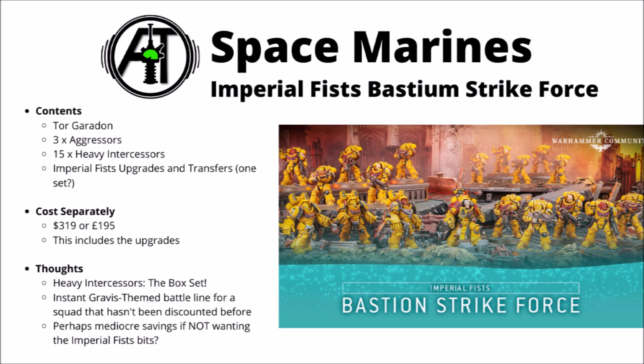Though I must admit, I do feel that this one might be somewhat let down by being so themed to one chapter. Obviously, it's absolutely great for Imperial Fist players. If you like Imperial Fist and you like Gravis armor, then this is pretty amazing. Though admittedly, if you like both of those things, you might already have Mr. Garadon already. I feel like it's just a little bit on the annoying side though, if say you collected Space Marines of a different stripe and not Imperial Fists and you did want the Gravis Marines,